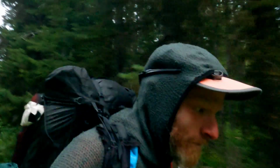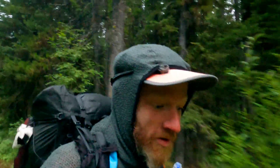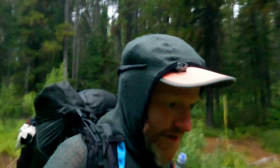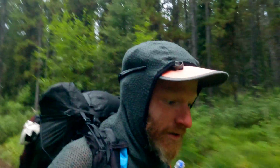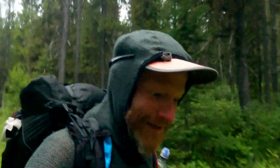And then something which is probably TMI, but I'll go ahead and record it just for posterity, which is this morning I reached an interesting landmark, one of these terminal superlatives of a hike, which is I think, barring emergency, this morning was my last cat hole of the Continental Divide Trail,